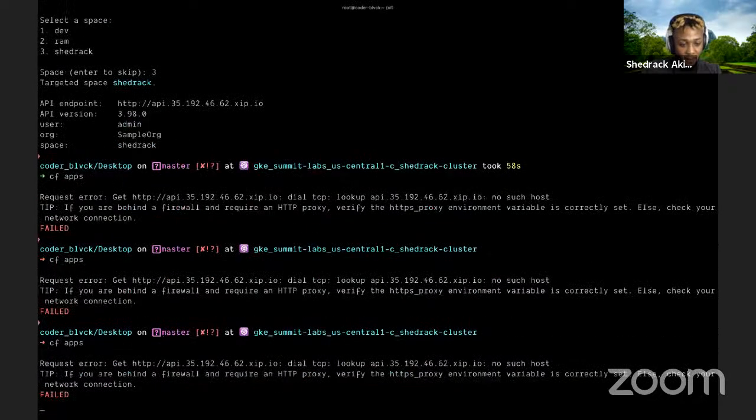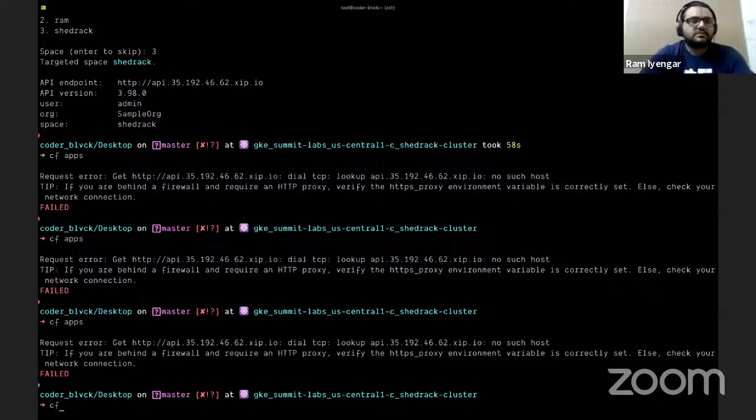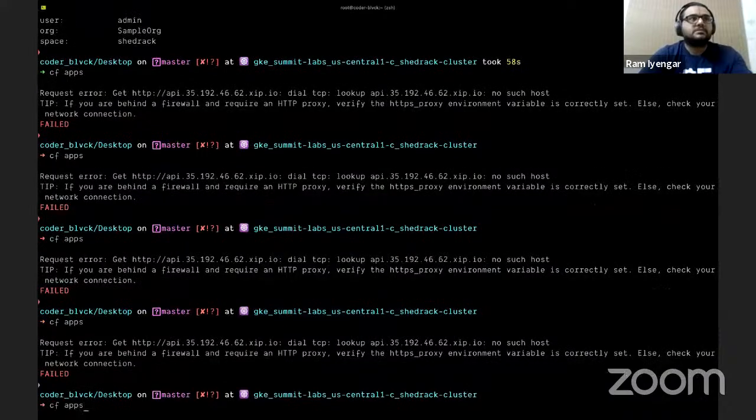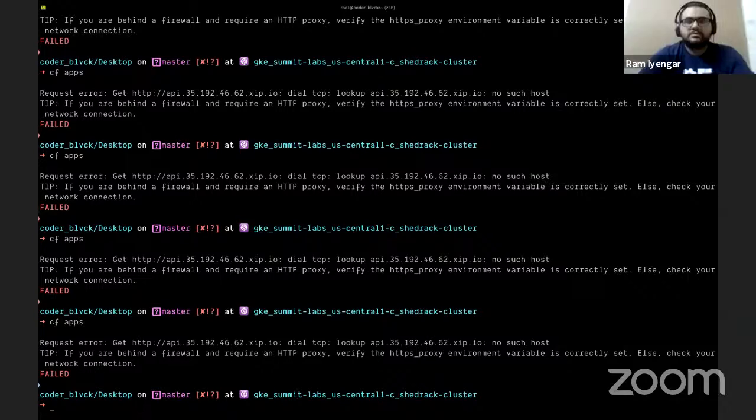Okay, we're having some, okay, so this is actually a network error. Weird. So this is basically a network error that happens once in a while. And